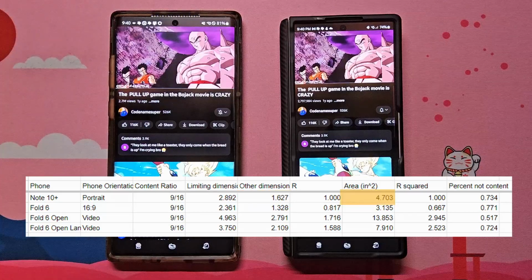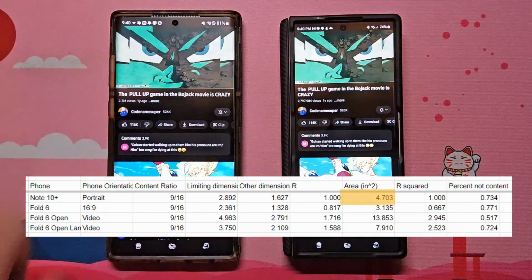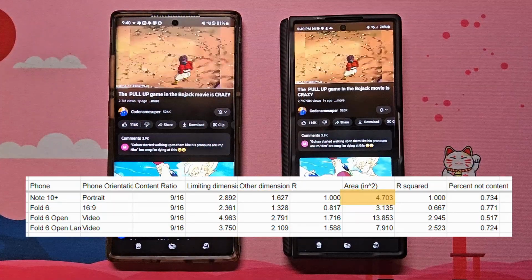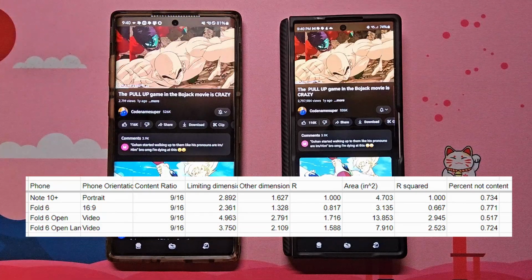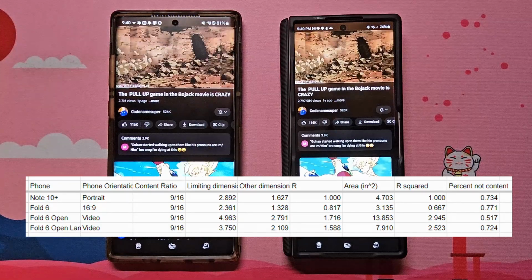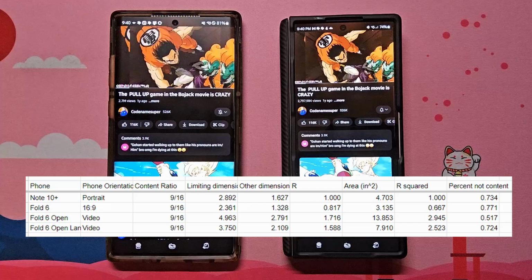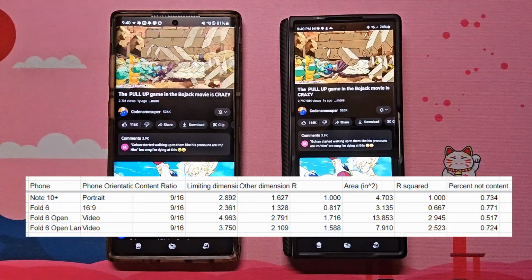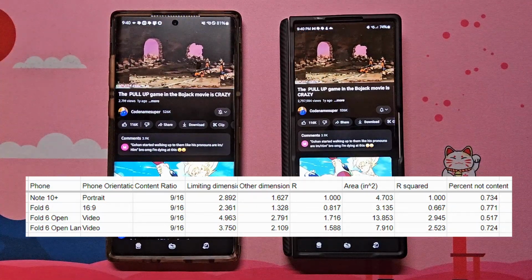And then that tells us the area of this image for each one of them, and then we can compare the area. We can also compare the individual dimensions. And I also added another extra little fun statistic that says the percentage of the screen that